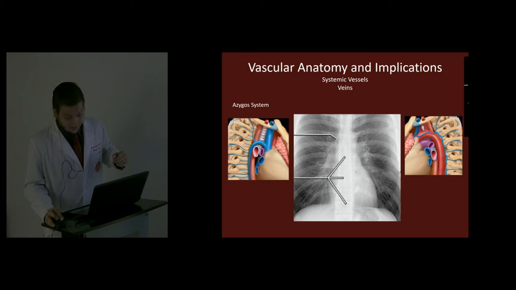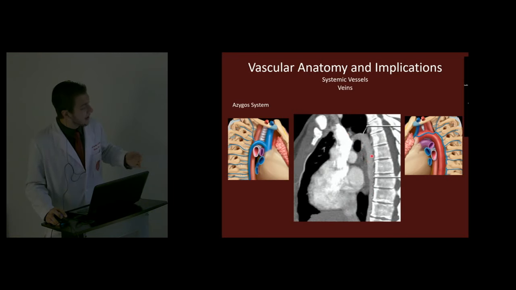And the hemiazygous vein is this little one here that crosses at T9, and over T9 it goes to the azygous vein and creates its anastomosis at this level. The accessory hemiazygous vein is this one here that descends from the left side of the anterior aspect of T4 to T8, and it also connects to the azygous system. We can see in a normal chest X-ray as well the azygous arch and the azygoesophageal recess, as well as in this